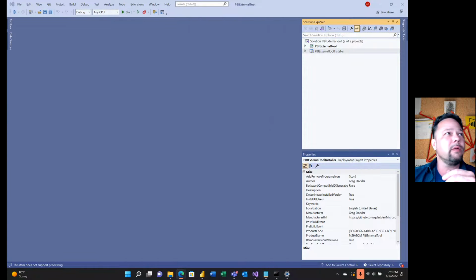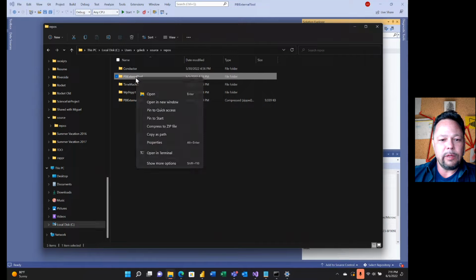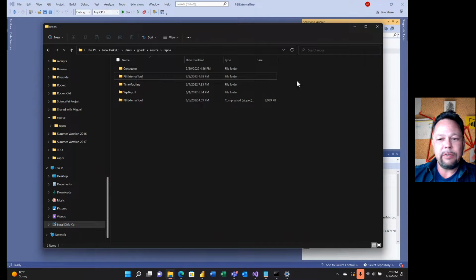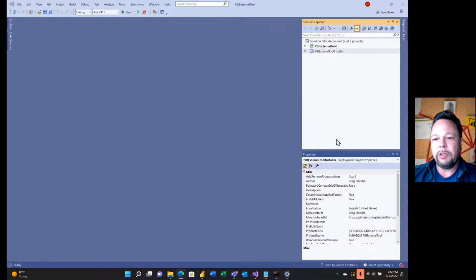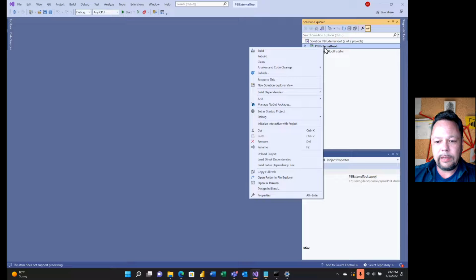My initial thought here was, here's where I am in Visual Studio again with my PBI external tool template, essentially. And I thought, okay, am I going to have to go out and copy this from one directory to another, and copy and paste and all this stuff, and then change a bunch of stuff? We may still have to go down that route. But I did find that